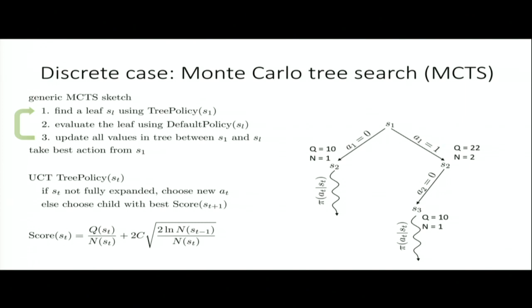So based on this rule, when we look at this tree as it is now, we might say, well, even though this one averages an 11 and this one averages a 10, this one has been visited twice and this one's been visited only once, maybe we prefer to visit this one because we haven't been there as often, and the difference in score is not that large. So now we'd expand the left child, choose an arbitrary action, and maybe this one gets us a Q of 12. And now, again, we go back up the tree and update all of them,